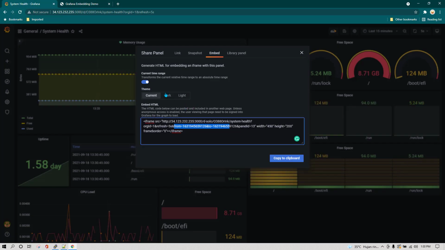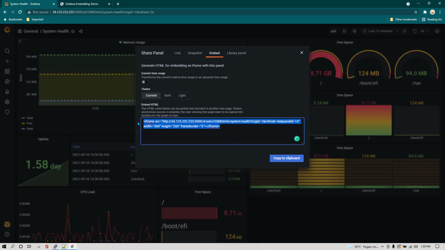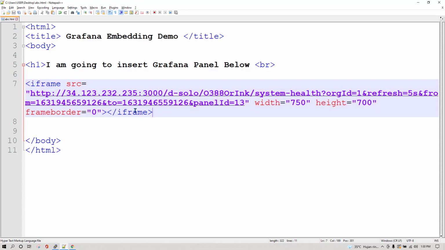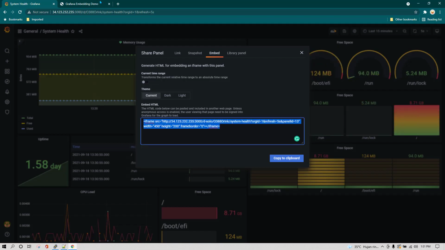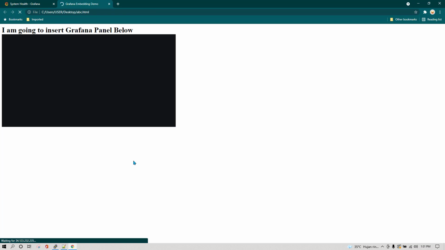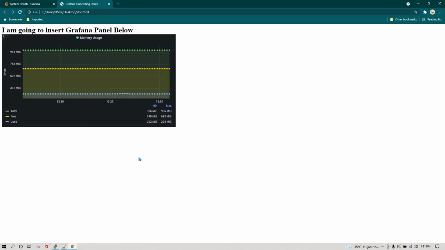So what we need to do is disable it, and then you can see this is the updated iframe which we received. I'm going to remove this older iframe, and paste this updated iframe. And also let's make the width 750, and the height we can make 400, and save it. Now we are going to go here, refresh this, and now we can see that we have the updated Grafana panel. Here you will notice that data points are going to refresh automatically.